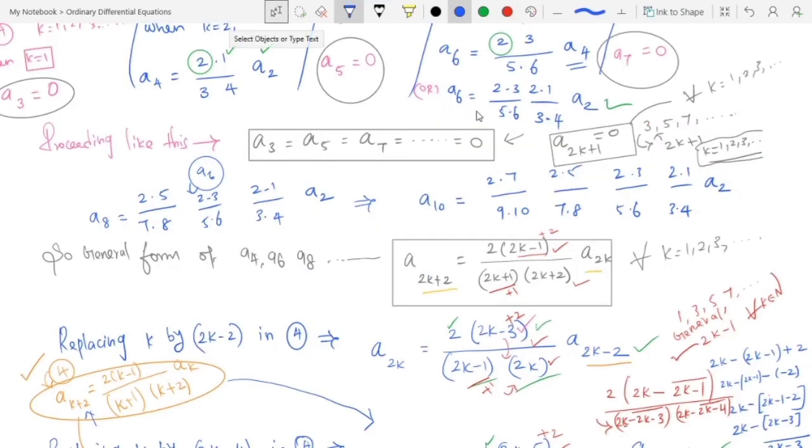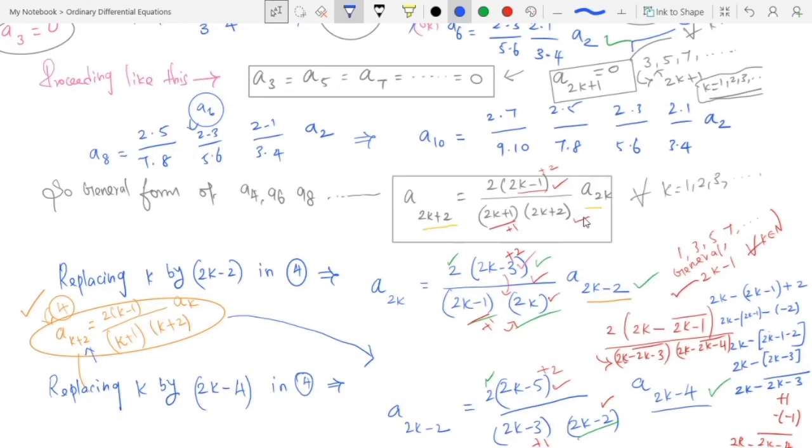Let a2k plus 1 is equal to 0. That equation is equation number 5. And a2k plus 2, that is equation number 6. Substituting a2k in 6, that in terms of a2k minus 1, again a2k minus 2, again a2k minus 2 will be replaced by a2k minus 4, then it will be replaced by a2k minus 6 and so on. So I am writing equation 6 by replacing a2k by this value.